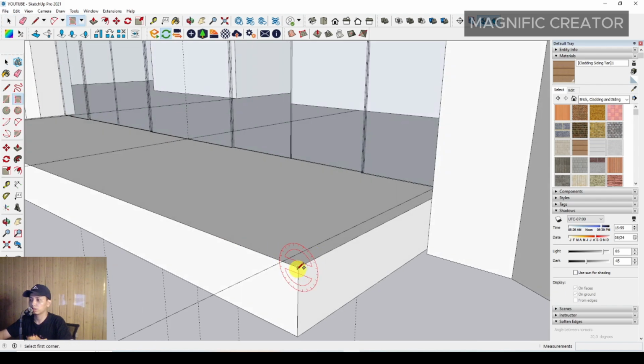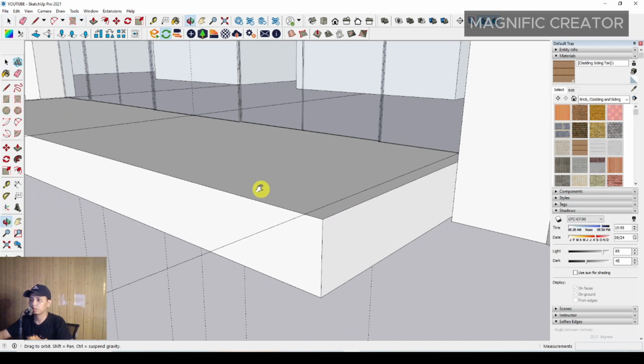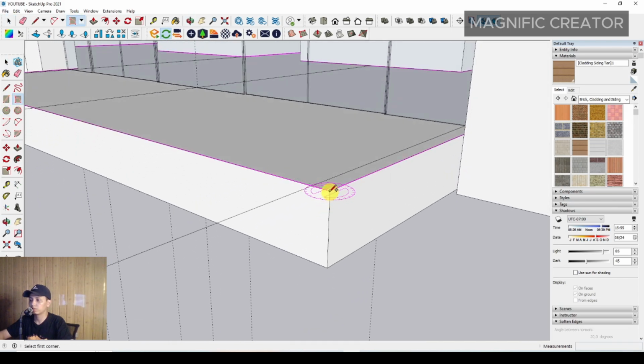Sorry, we can set the stair step. Set the height of the stair step around